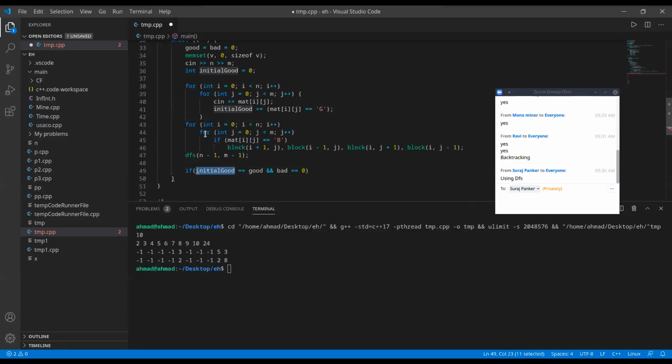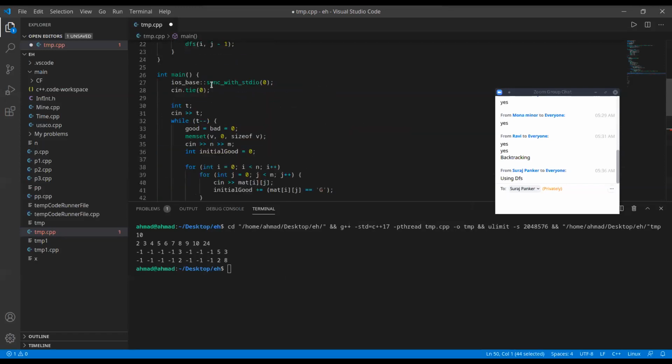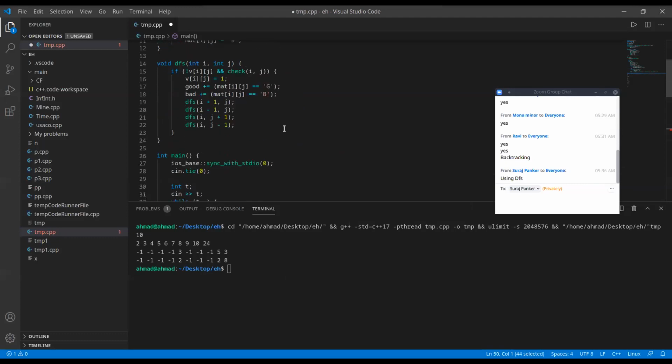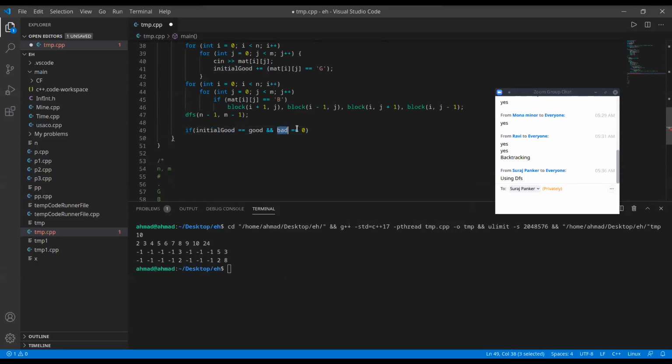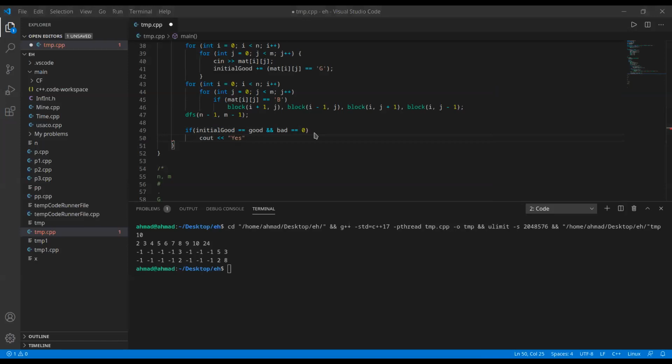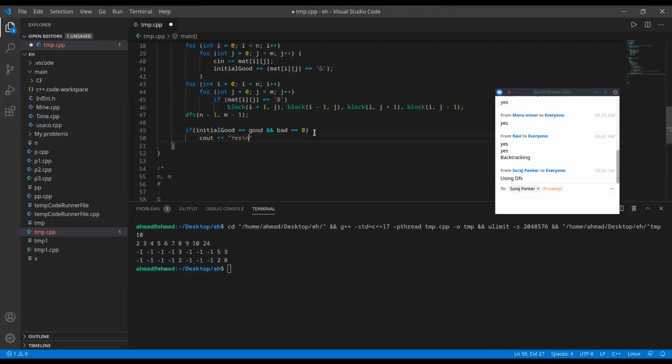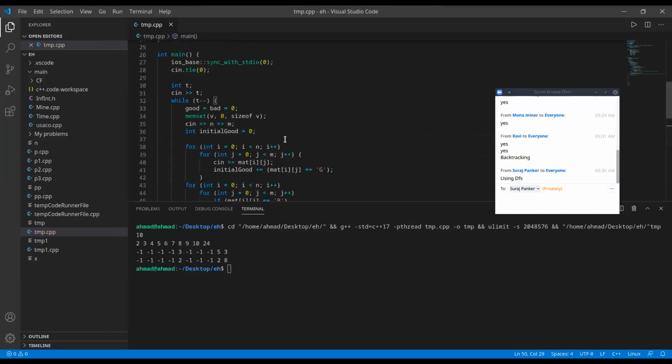So if the good people at the start are equal to the good people I reached from DFS, and if the bad people I reached from the DFS equals to 0, then of course I'm okay, right? Then I'll say out yes. Else I'll say out no, right? Okay. So that's it.